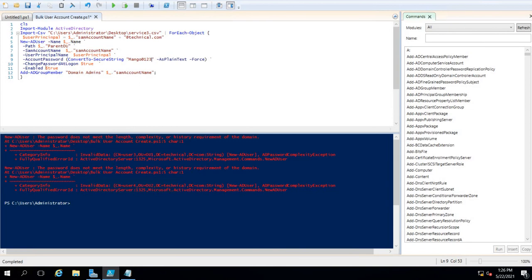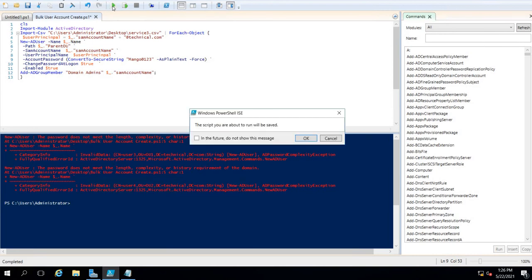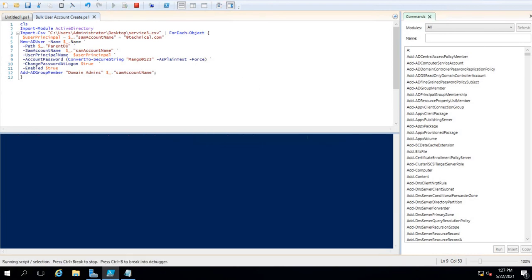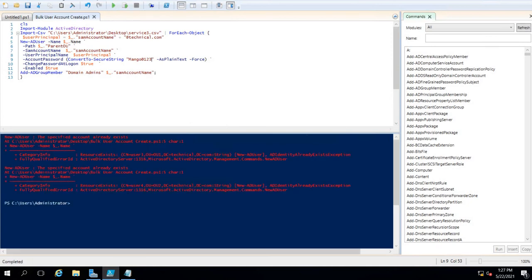So guys, you can see I have changed the password to the required password. Let's run it and we'll see whether it is allowing the account to be created or not. So let's go ahead. As I said, I already have two user accounts there, but I have mentioned a different user account, yet it is showing the specified account already exists. So we'll check whether this account was created in the first attempt or not. Let's check it in the Active Directory server.